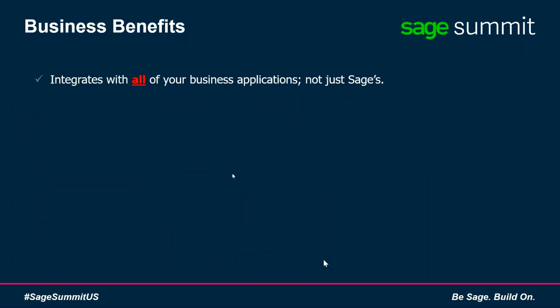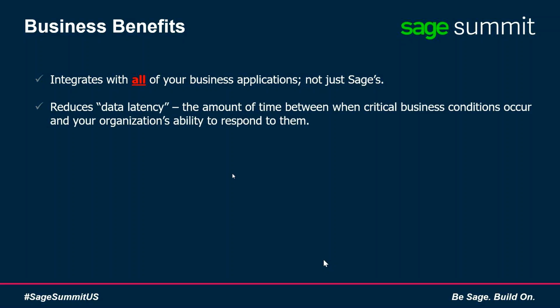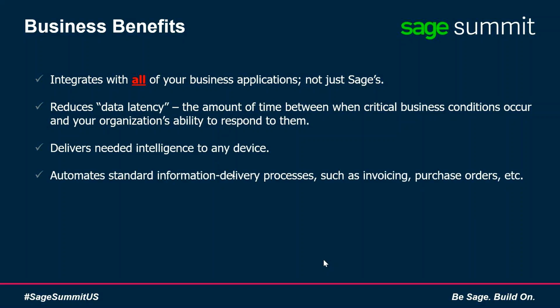So, wrapping up business benefits, well, certainly the fact that this application can be used across your organization. Yes, it certainly adds profound value to Sage 300, but it doesn't end there. All of your business applications can benefit from integration with Alerts and Workflow. It reduces what's called data latency, the amount of time between when business activities occur and your organization is made aware of it and responds to it. Alerts and Workflow delivers needed intelligence to any device. The person doesn't have to be at their desktop. They can be on the road with their cell phone to receive the exact information that they need